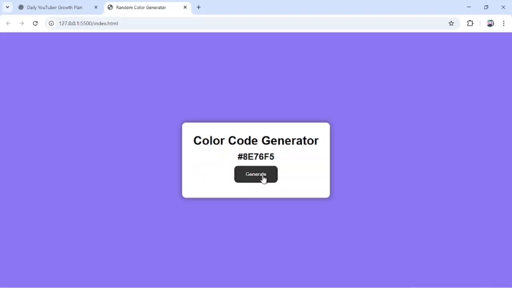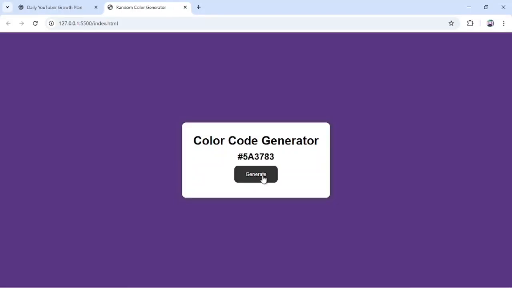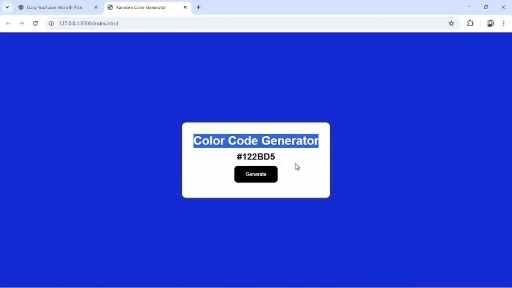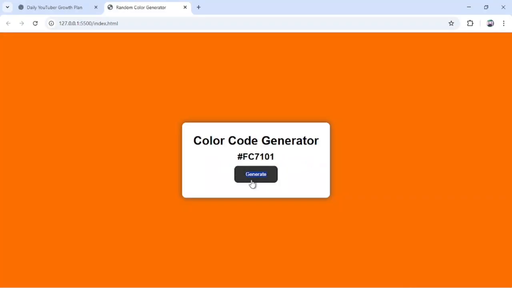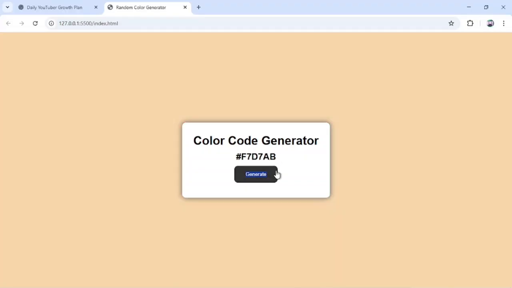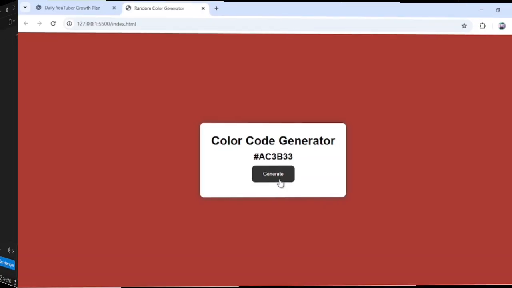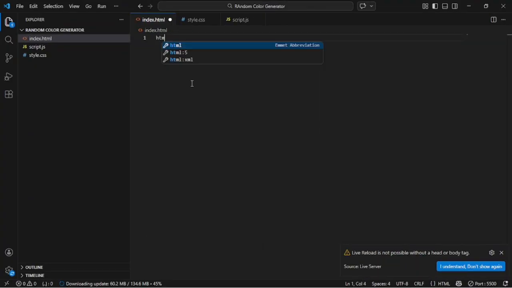My name is Israel. So in today's video, we'll be building a random color code generator using HTML, CSS and JavaScript. So whenever I click the generate button, the color code changes and the background color also changes. If you would love to learn how I did it, let's dive in. So we are going to write the HTML